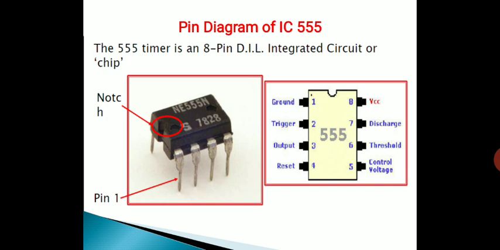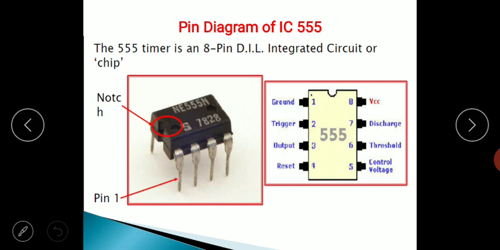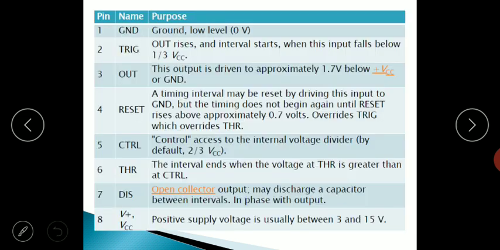It is basically an 8-pin dual-in-line package integrated circuit. You can see here, on this side there are 4 pins and on the other side there are 4 pins, as shown in this particular pin diagram. Those 8 pins have a dedicated functionality, that is, each is used for a particular purpose. The pin description of all these 8 pins of the IC 555 timer is shown here.